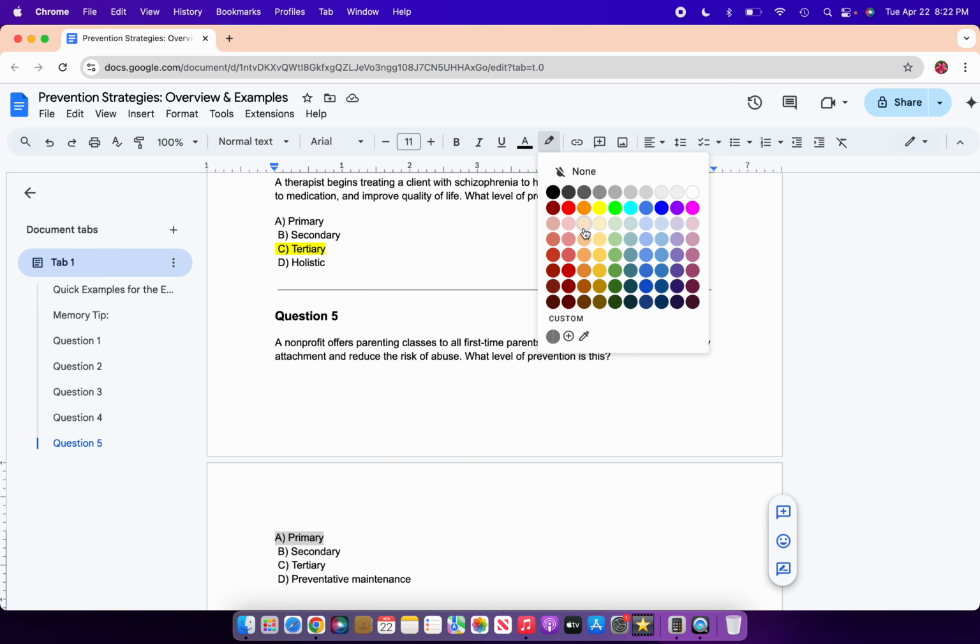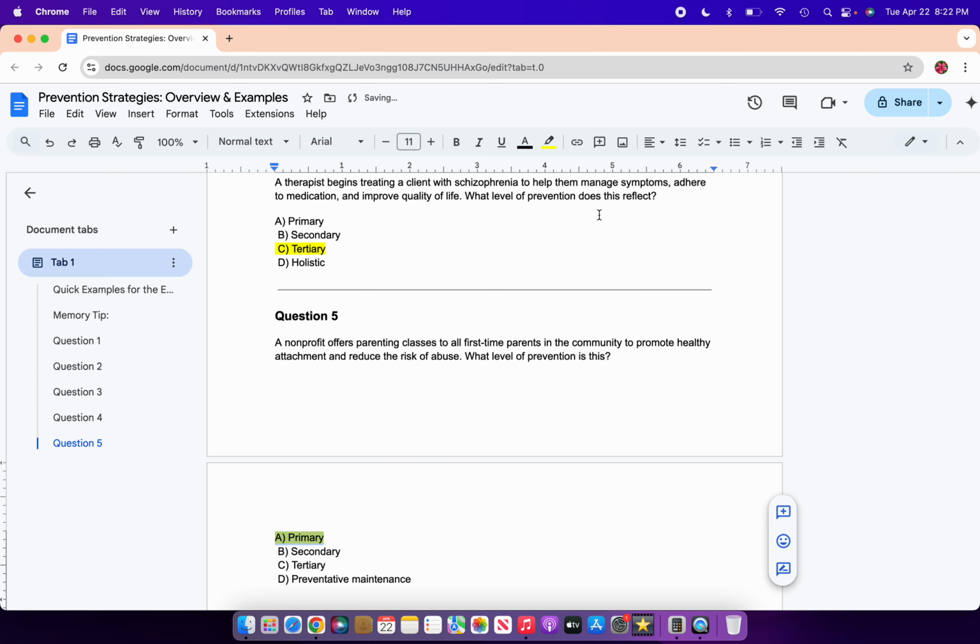Give me 1 second before I explain. So even though the focus is on preventing child abuse or attachment problems, the intervention is being offered to everyone in the general population, new parents, before any signs of a problem exist. This is a preventative education strategy, not treatment or screening. That's why A is the correct answer. With primary strategies, right, it's a universal strategy trying to help everyone. It's trying to prevent future problems.